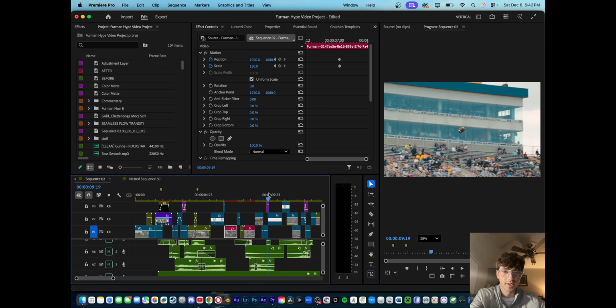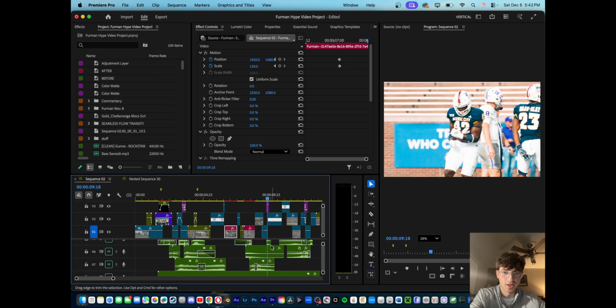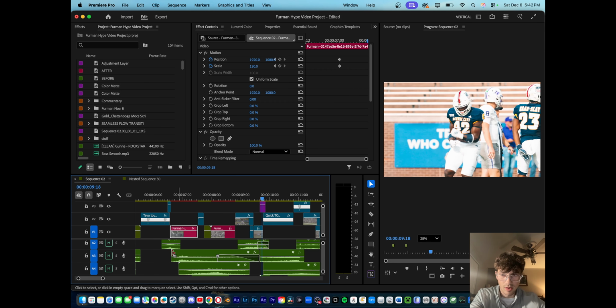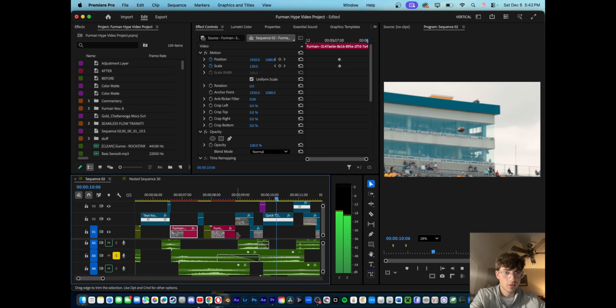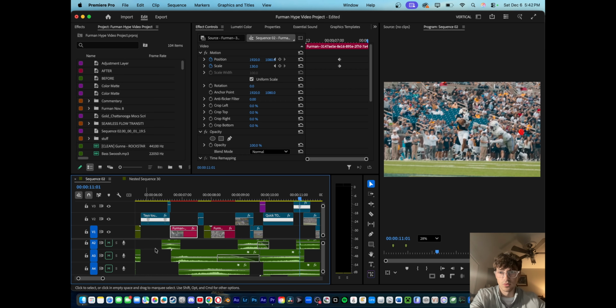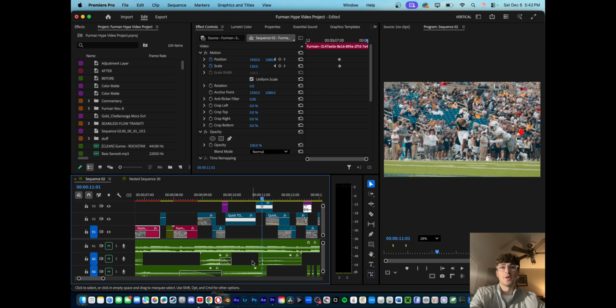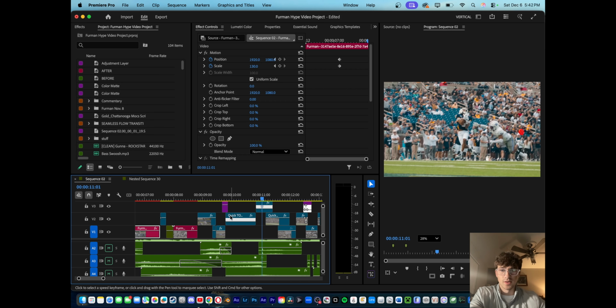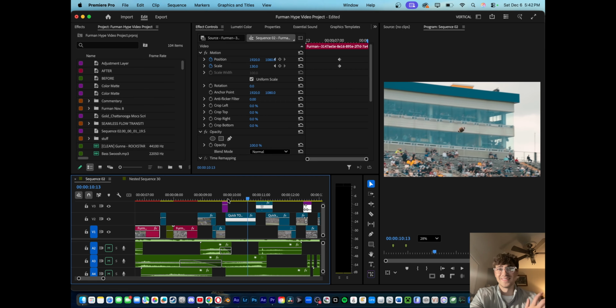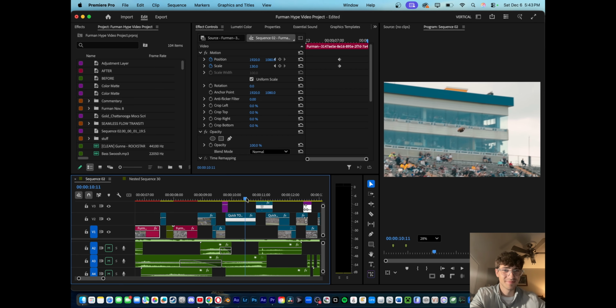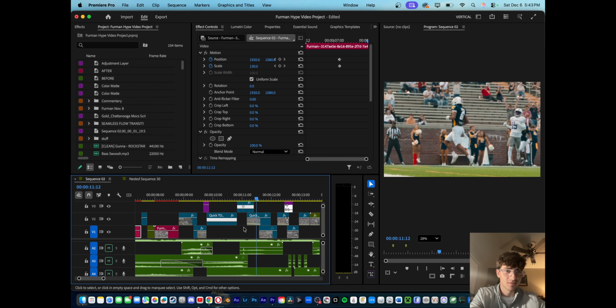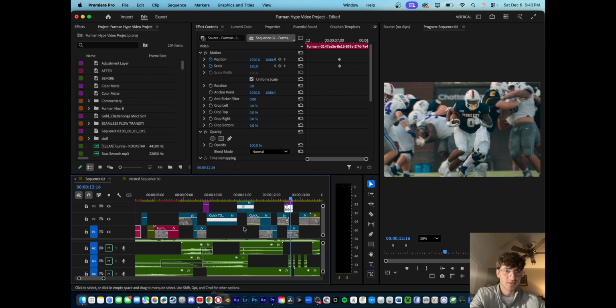And then right here, I wanted to slow down the pace, and I did add a riser, to build anticipation for the viewer, like, oh no, is he going to catch it? And yeah, he did. It was a touchdown. So just some basic transitions